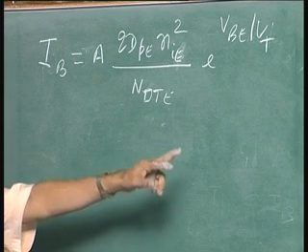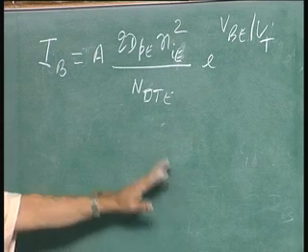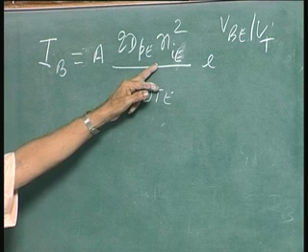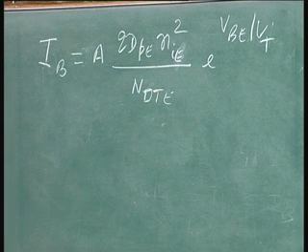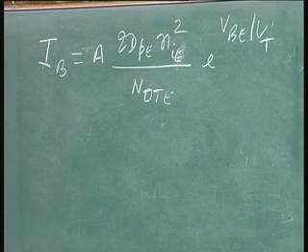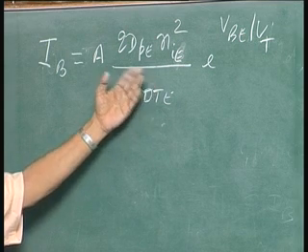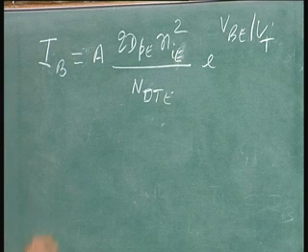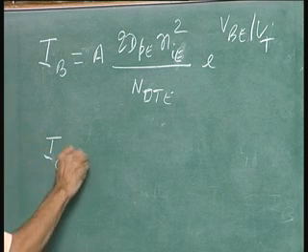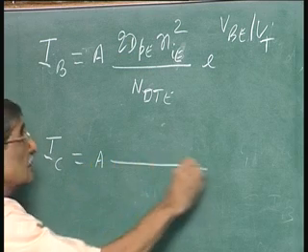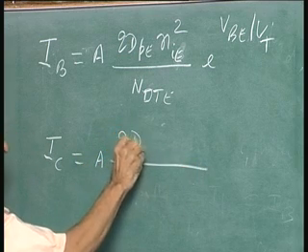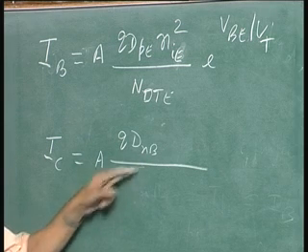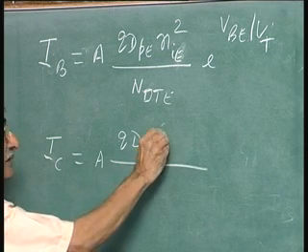Notice I have rewritten that equation, whatever I have written earlier, replacing Ni by Nie squared. I just want to distinguish between the base region intrinsic concentration and the emitter region intrinsic concentration. If it is different, what happens? IC equals area, Q, DNB, the electron diffusion coefficient in the base, into,